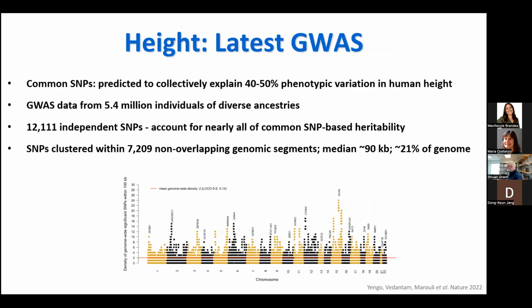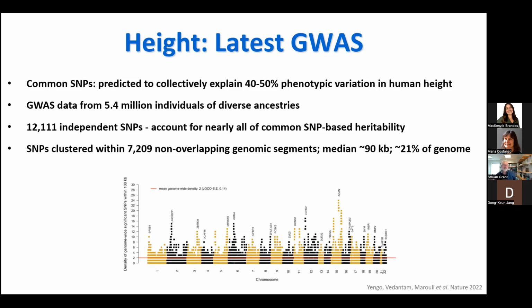And my very, very last point, I forgot about this slide, but my very, very last point, talking about missing heritability. This is a paper that came out in Nature last year, led by Joel Hirschhorn at Boston Children's, and I'm proud to be a co-author on the paper. This is really the first GWAS where you've hit saturation, at least in European ancestry. The idea being it's such a large GWAS with 5.4 million individuals that, in fact, if you collected any more individuals, you wouldn't actually find anything new with respect to common variation. So effectively, the genetics of height in terms of common variants is solved.